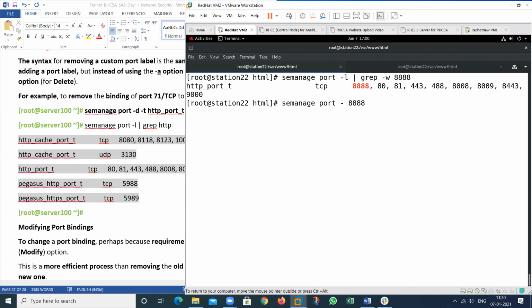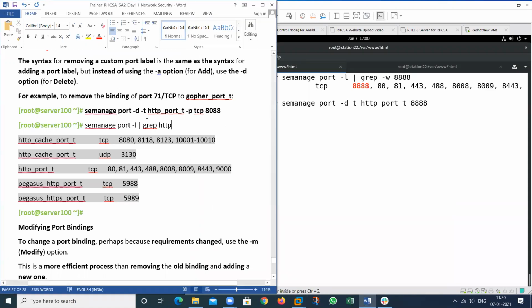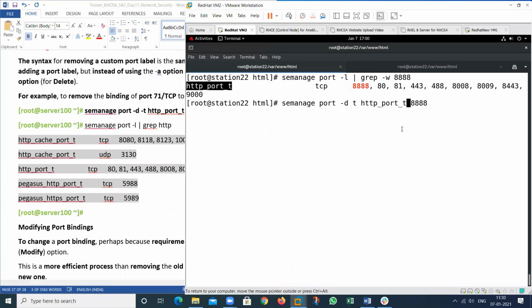Just type D to remove it, and -t for the type. D is for delete, T for type, and what is the port number? Use this port number, -p tcp, and the port. So this is my port.